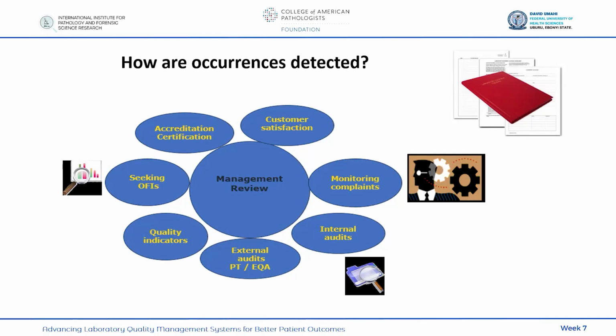So internal audits should be done at least monthly, in order to assess whether we are meeting the standard. Then external audits, which involve proficiency testing and external quality assurance. The data gotten from these assessments is a very useful tool in